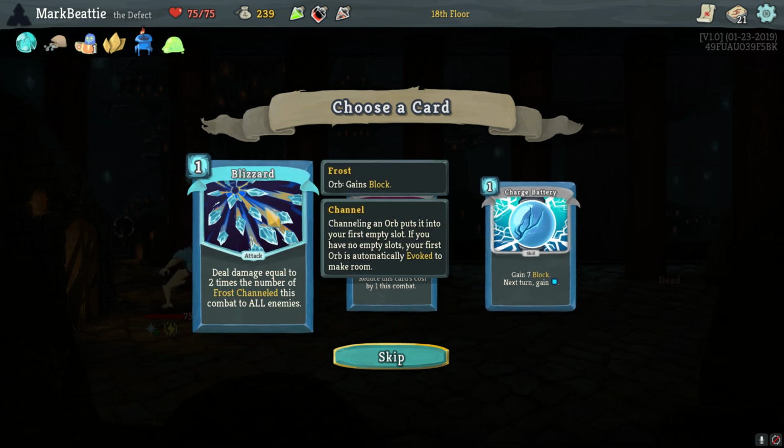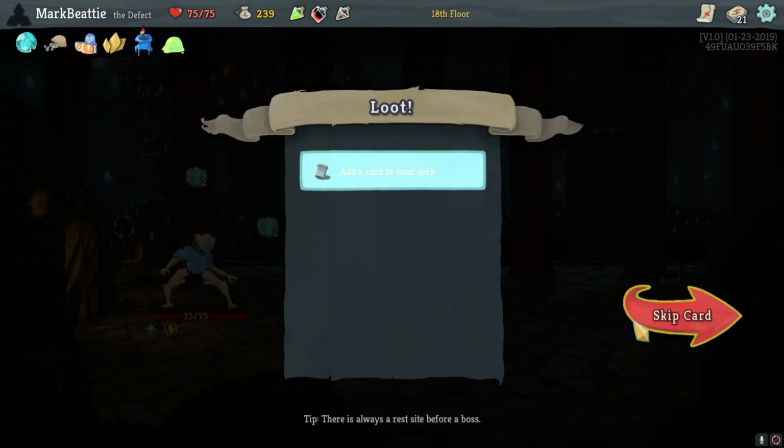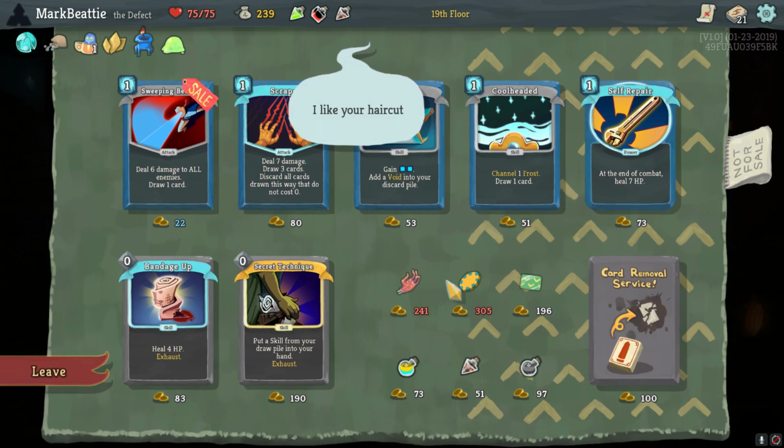Blizzard, deal damage equal to the numbers. We're not really frost oriented here. I think we're just not gonna take any of that. It's kind of rare for me to skip over a reward, but I think in this case it's the right